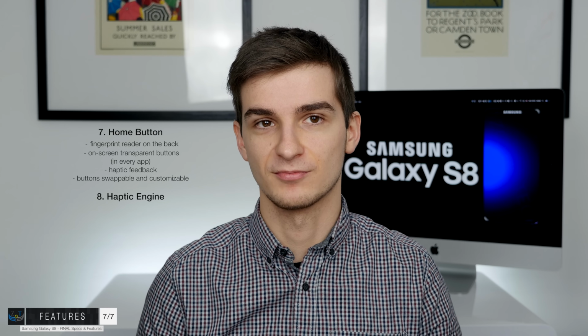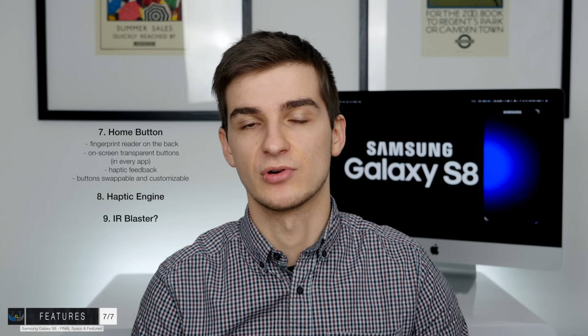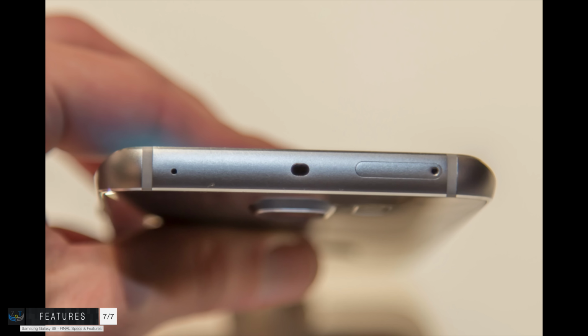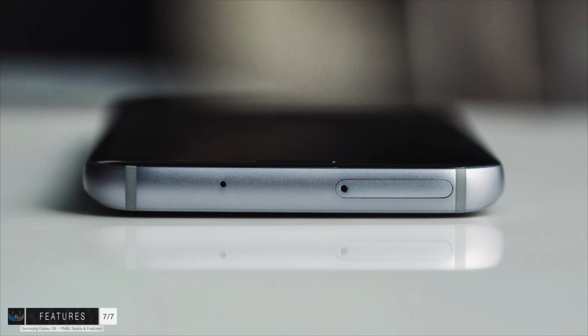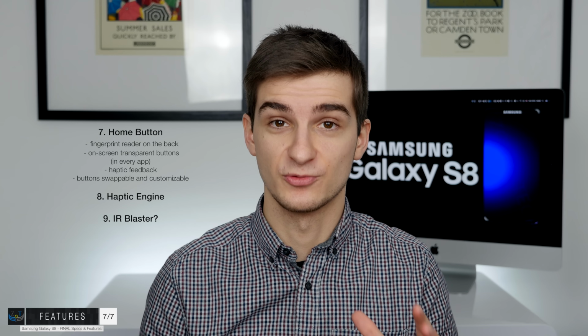Number 9, I've seen that in my past videos on the S8, a lot of you have asked me if the S8 was going to come with an IR blaster, so an infrared blaster that you basically could control the TV with, so you would be able to use that phone as a TV remote. We had this on the HTC One M8, M7, I think the M9 as well, and we had it on the S4, the S5, the S6, and then with the Samsung Galaxy S7, this feature was unfortunately removed. Now, I do think that was a really cool feature.